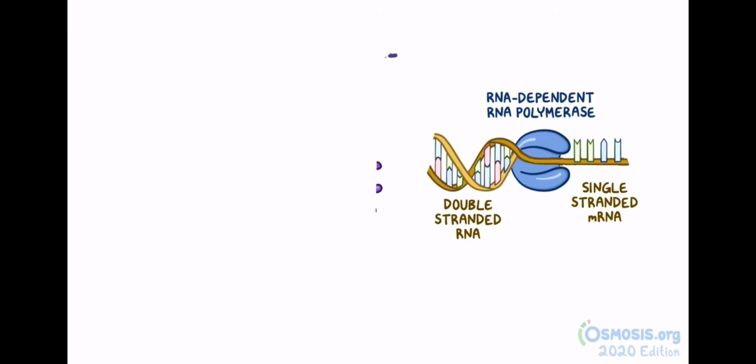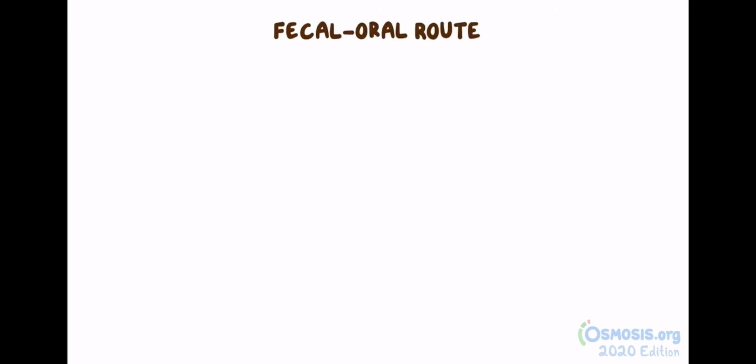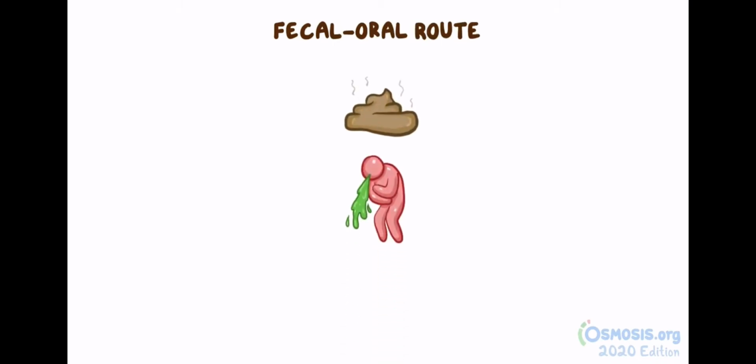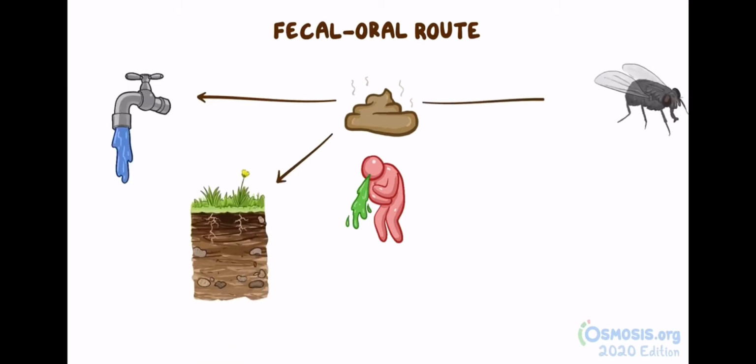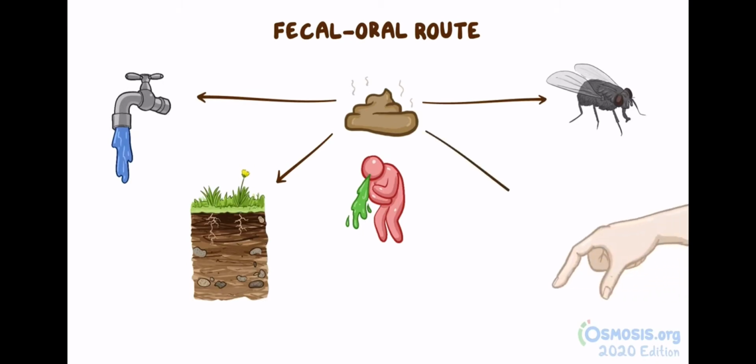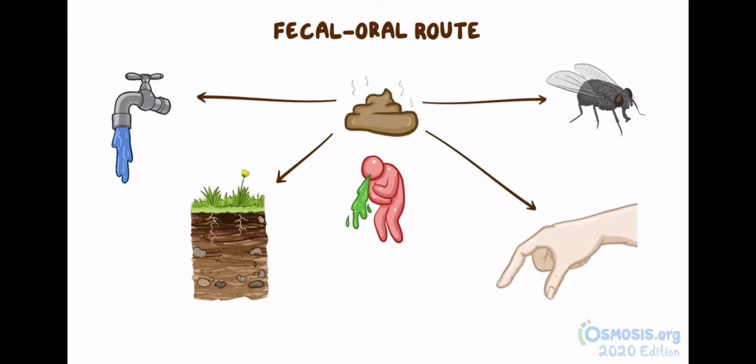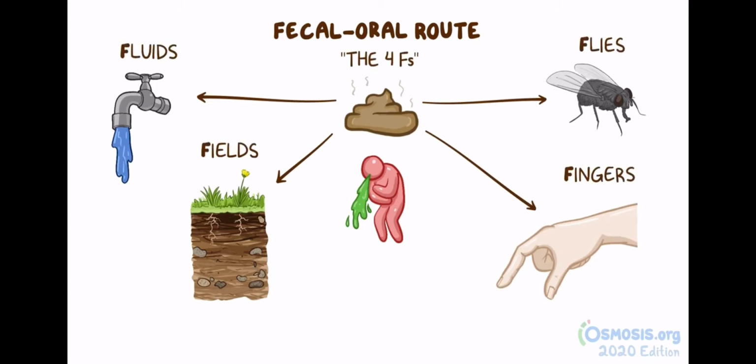Rotavirus is transmitted from person to person via the fecal-oral route. In other words, you can catch it by ingesting the stool or vomit particles of someone who is sick. That's actually super gross. This can happen if infected stools end up in the water supply or on an agricultural field, if flies land on it and transfer stool particles to other places, or by touching contaminated surfaces. You can summarize it as the 4 F's: fluids, fields, flies, and fingers. As a result, rotavirus can end up in food and drinking water, and from there,